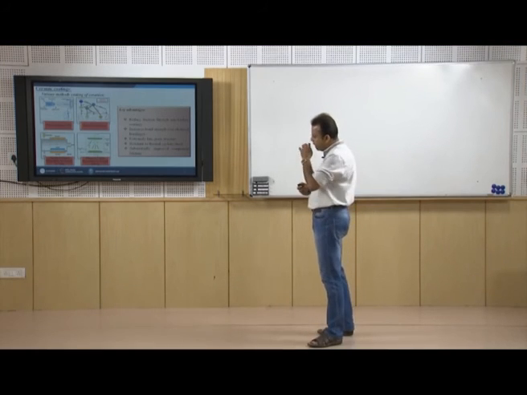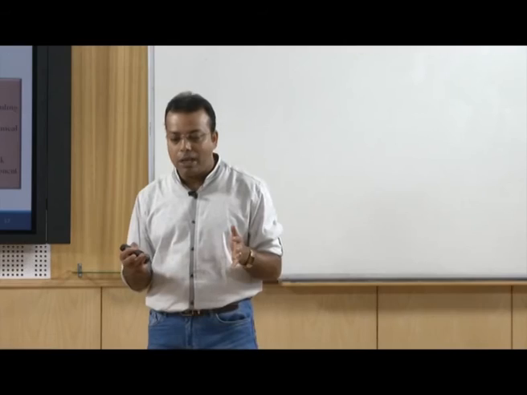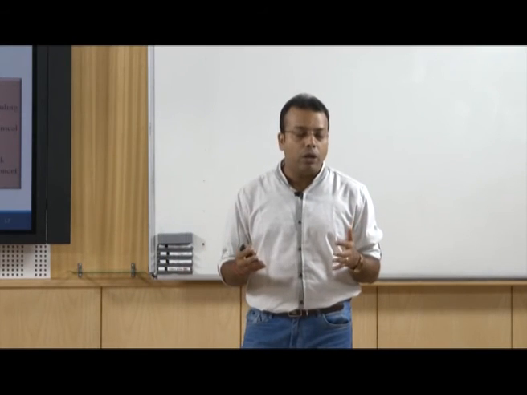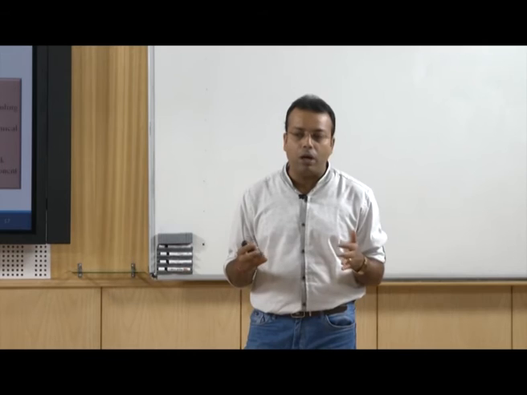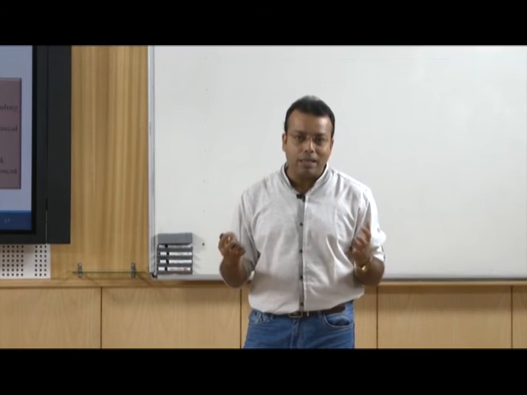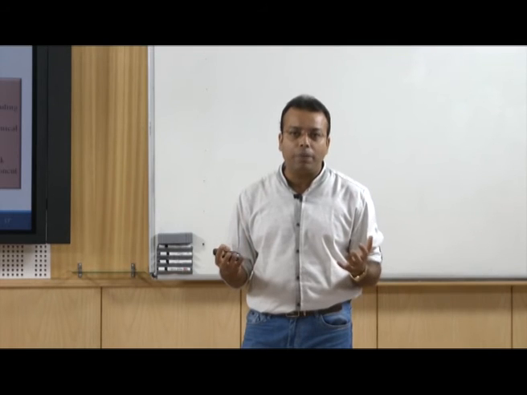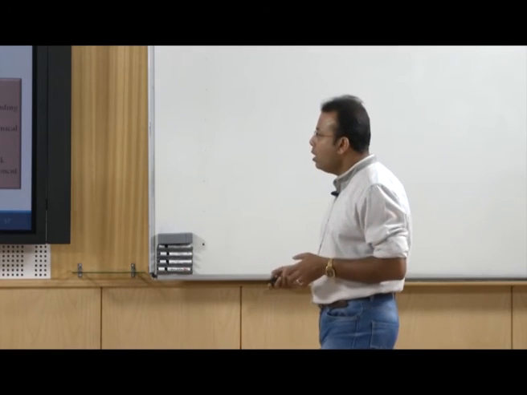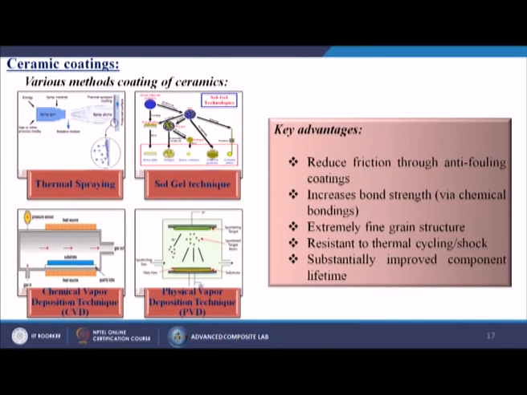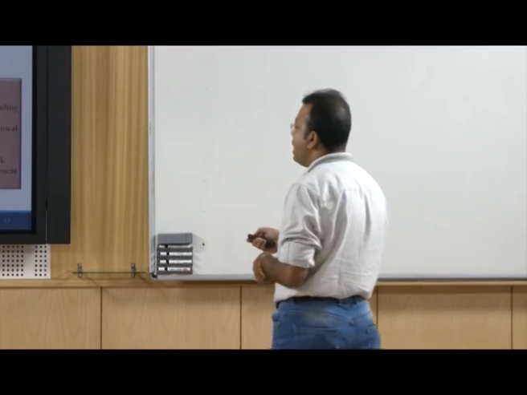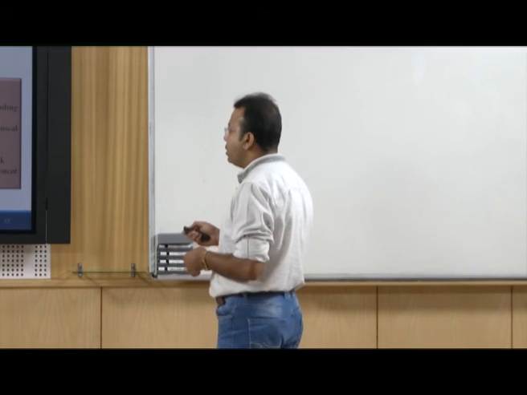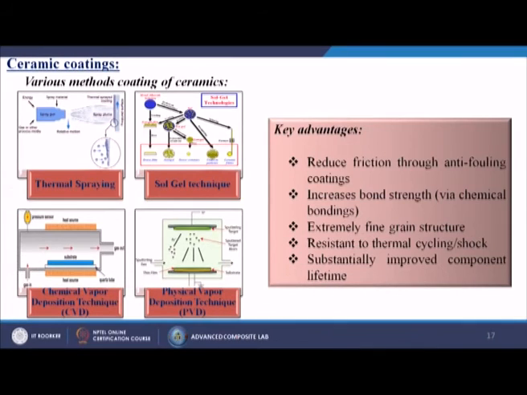Next one is called the ceramic coatings. From the name itself you can understand that the material we are going to put on the base metal is made of ceramics or a mixture of ceramic materials. There are various coating techniques or methods we can adopt for the ceramic coatings. One is thermal spraying, then sol gel technique, then chemical vapor deposition techniques or physical vapor deposition techniques. The key advantages for that particular purpose: reduce friction through anti-fouling coatings, increases bond strength via chemical bonding,